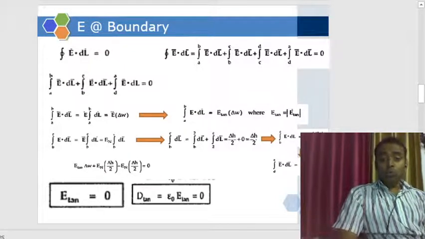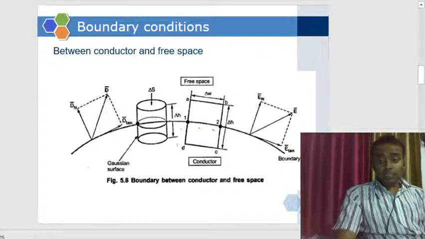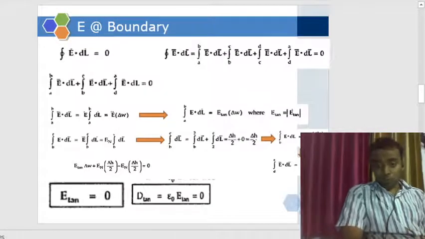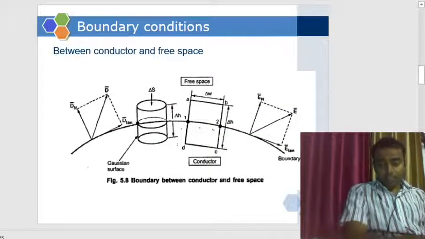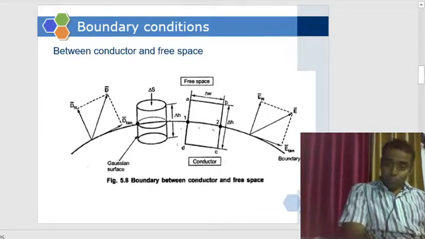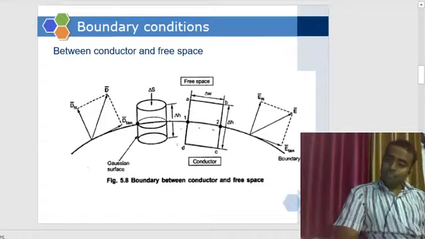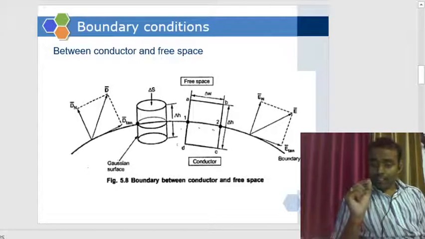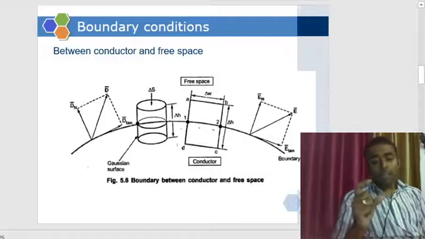Similarly, B to C. So B to C we can divide into two parts. The height is inside, after 2 to C the electric field intensity will be 0. We will only get the electric field component part from B to 2, and the height will be del h by